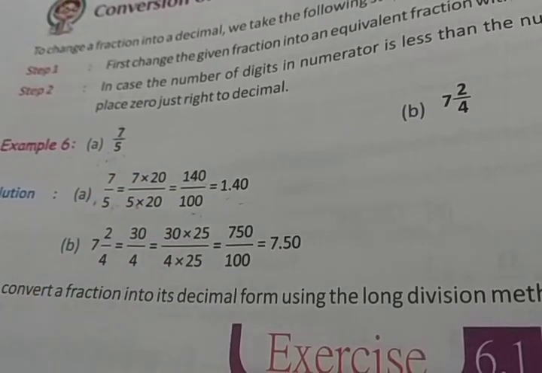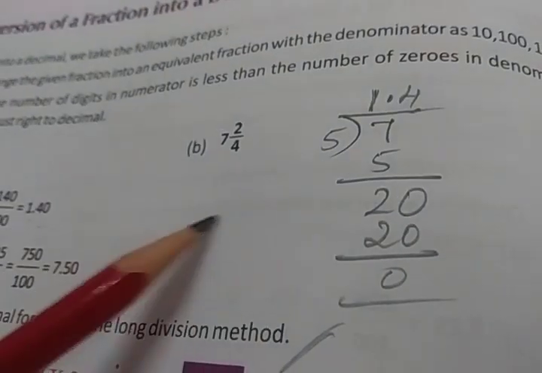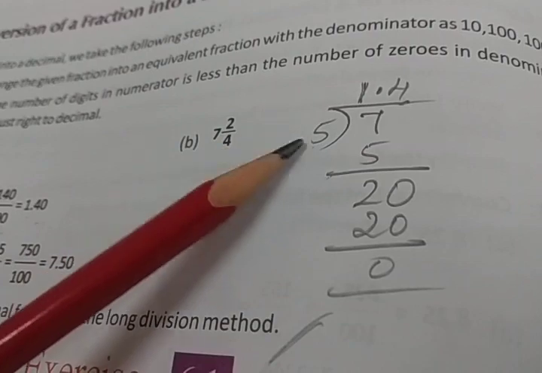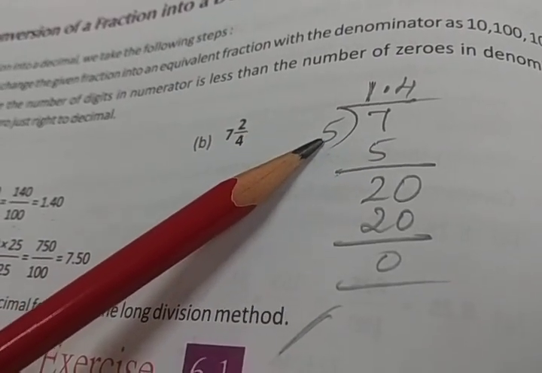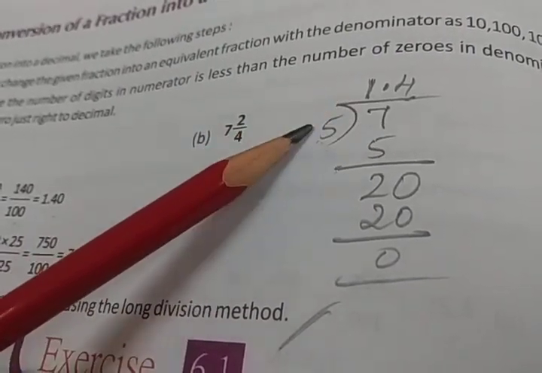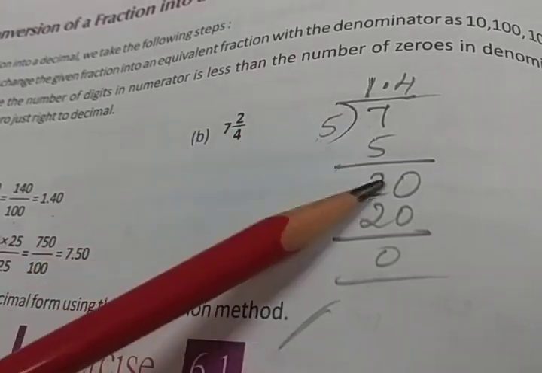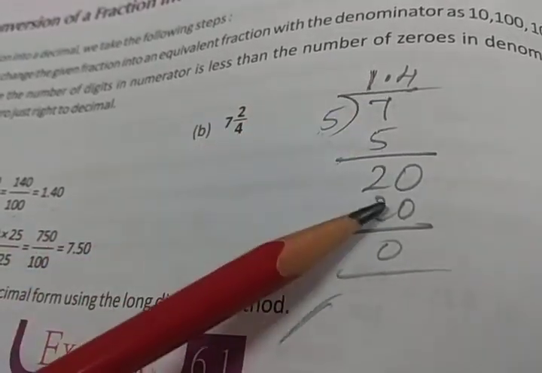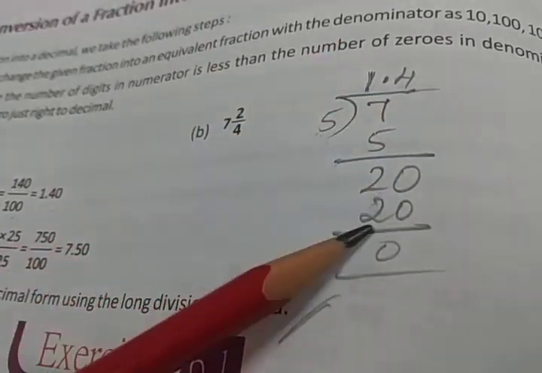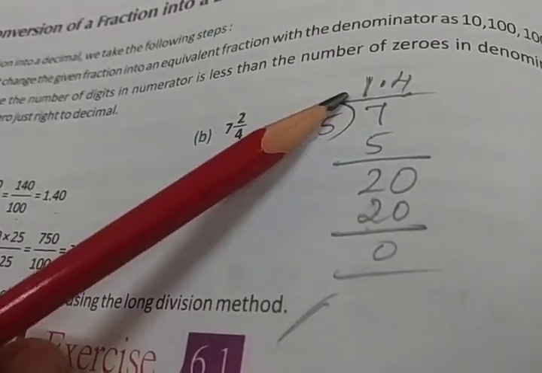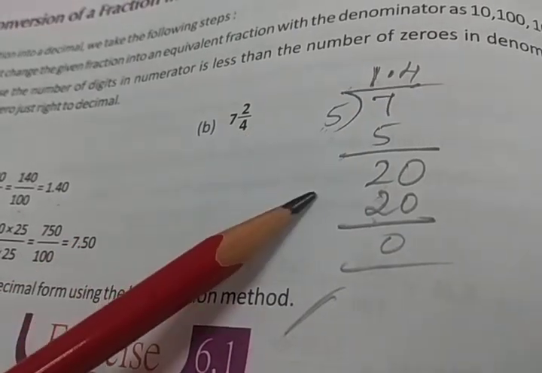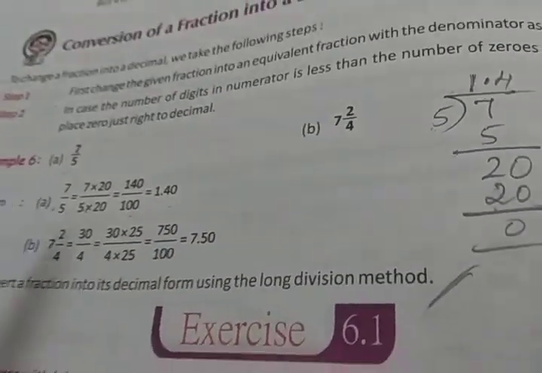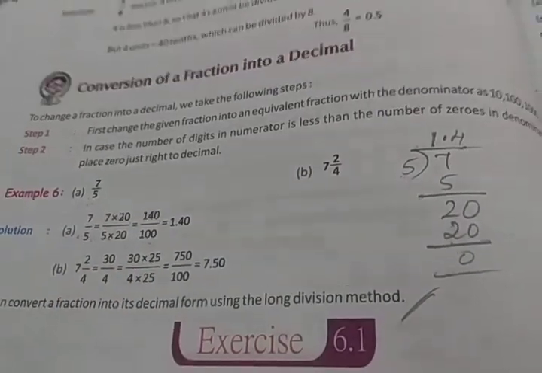The second method, just do the division of this. Okay, so whatever the denominator, you take it as a divisor, numerator as a dividend. Then start division. So 5 1s are 5. If 2 is not divisible, take a decimal point and 1 zero here. 5 4s are 20. What is our answer? That is 1.4. This is the second method. There are two methods to change the fraction into decimal form.